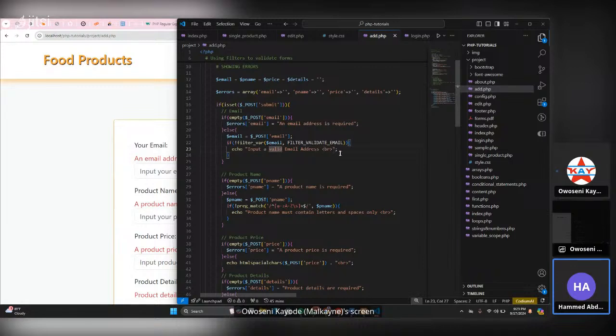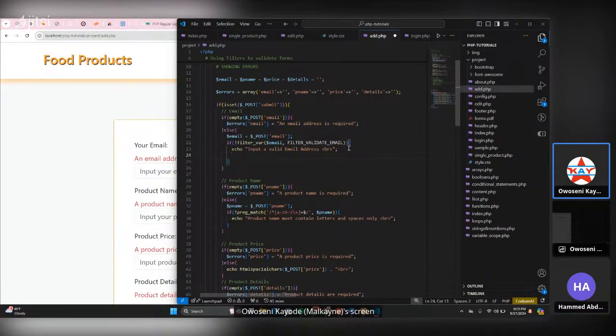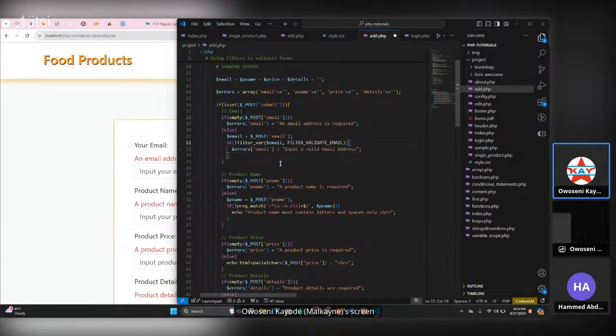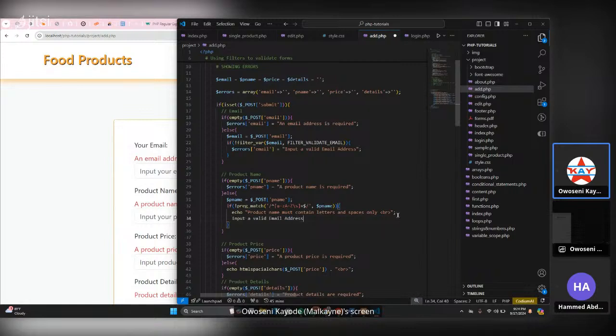You can replace what you have here, just like how we have here. Input a valid email address. So same way we can have for, oh sorry,